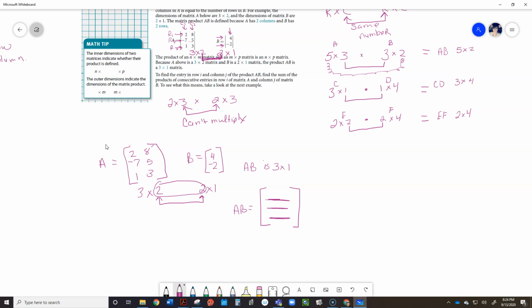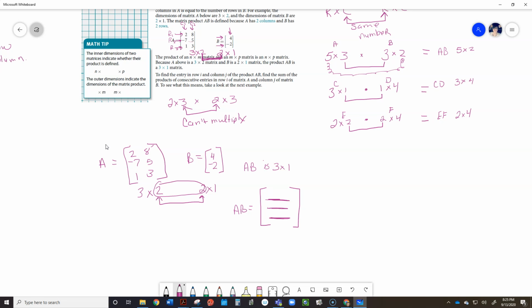It's going to be 3 rows and 1 column. Now, as I show you this, I don't want you to get overwhelmed because you can always use a calculator. But when you multiply by hand, you simply take